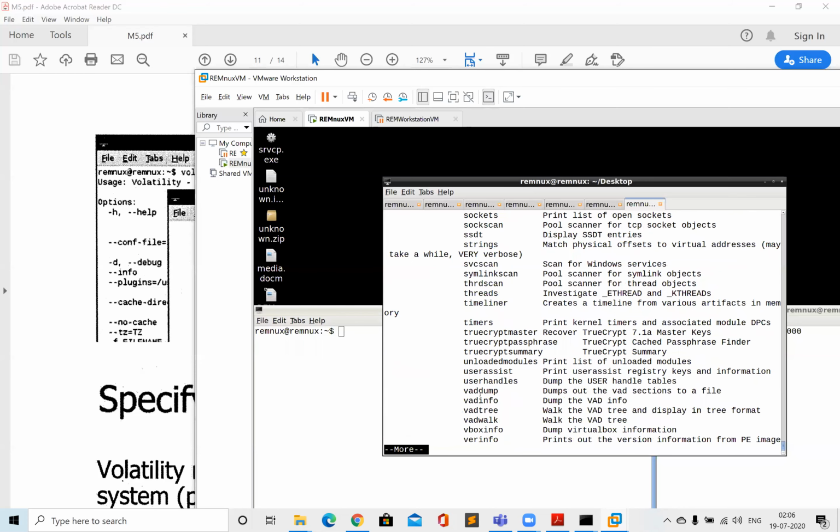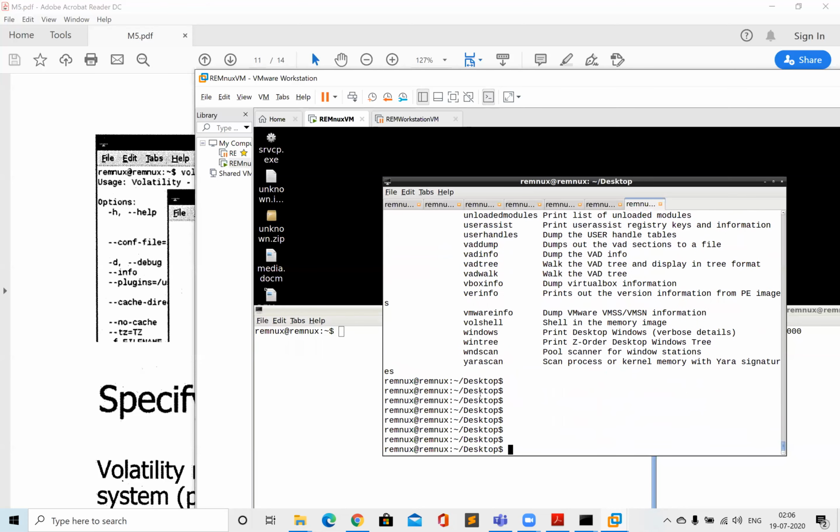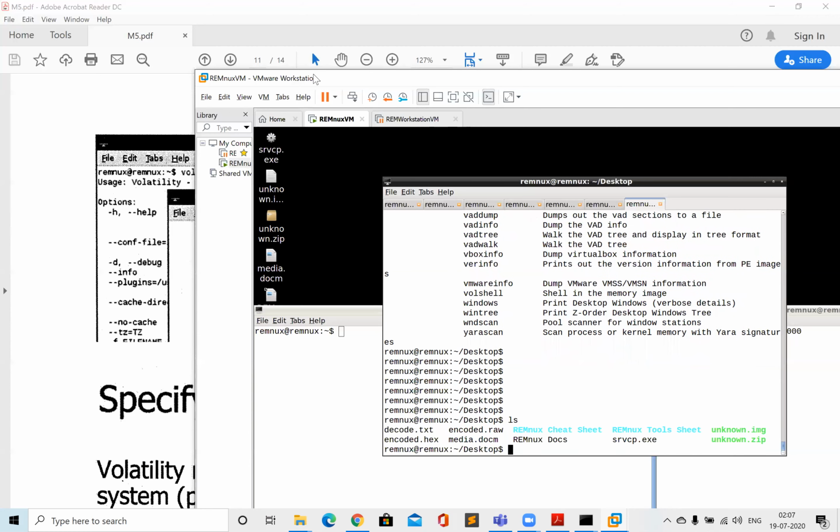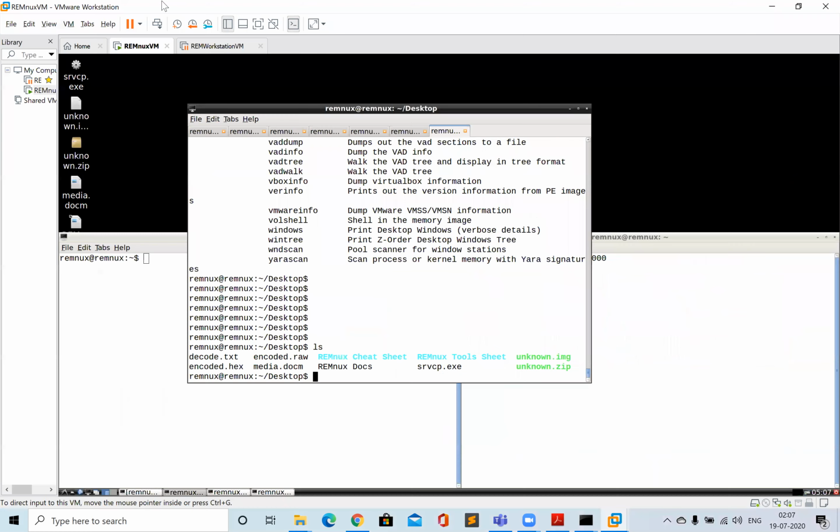As you know, there are now a lot of plugins, right? So let's go and check them one by one. Not all, but some of them, the most important ones. Okay. So now let's start. First I'll do ls. And again, one question.